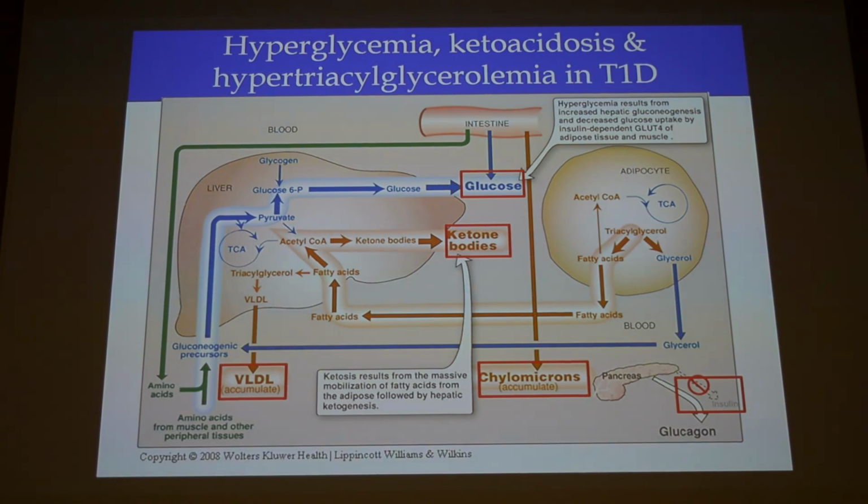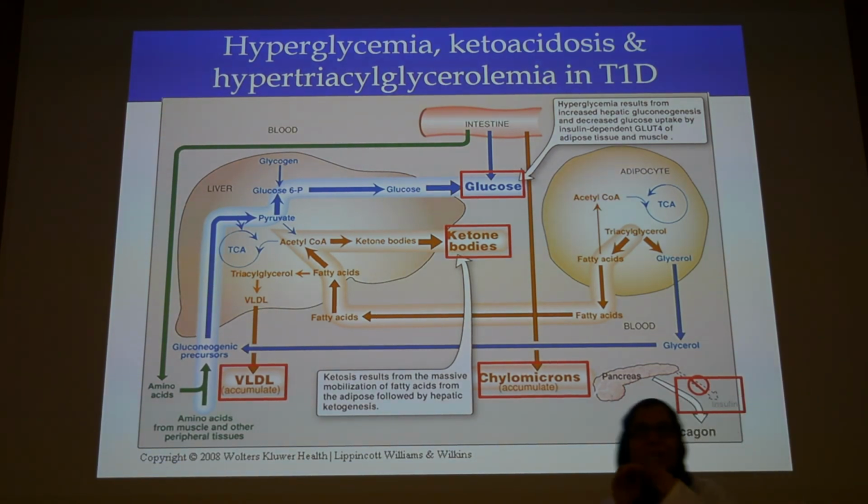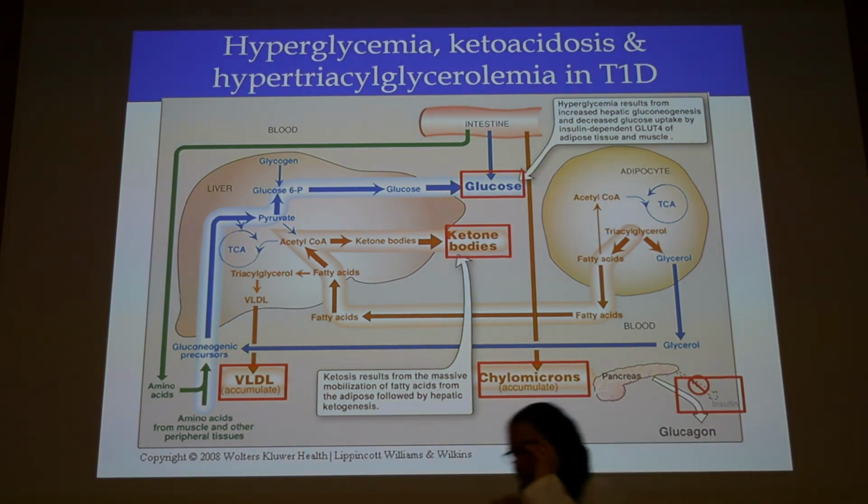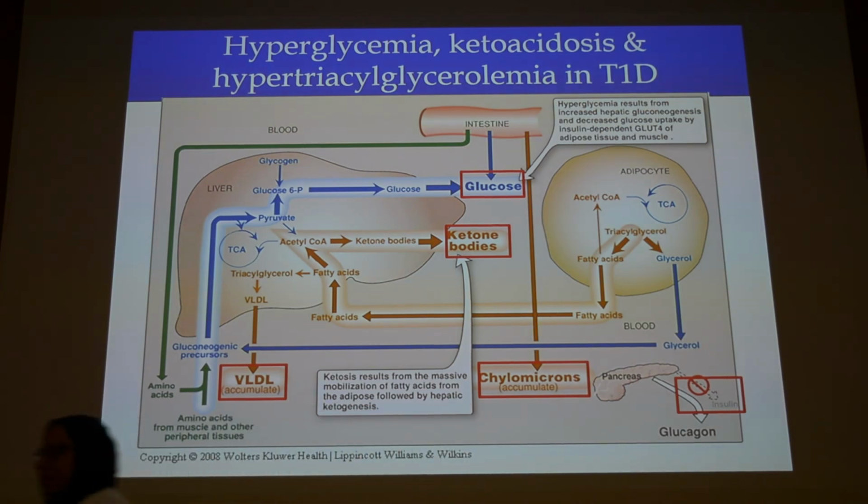And the difference: type 1, they have no insulin at all. Type 2, they have two things. They have insulin deficiency, so not enough insulin, and the body is resistant to insulin, doesn't listen to insulin, it's ignoring insulin. Like you sit here and I tell you study, and you ignore me. So the same thing will happen in the body of a patient with type 2 diabetes.